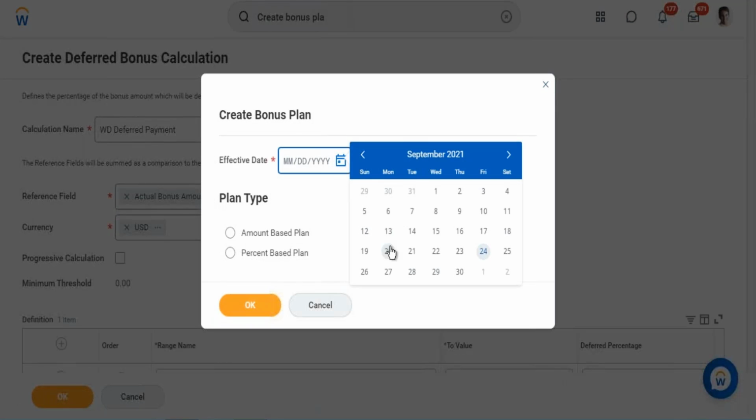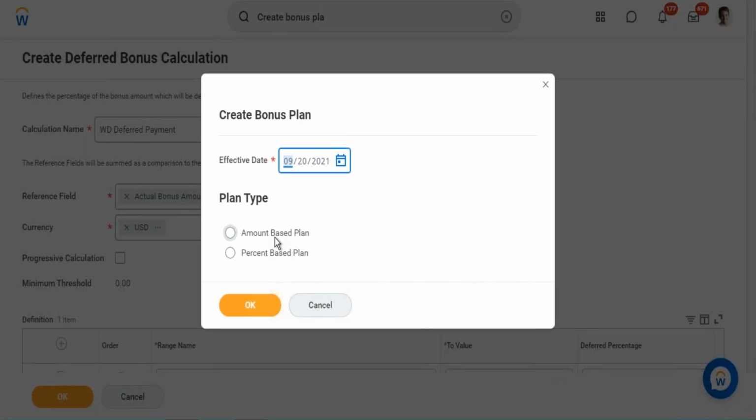Take from this date and amount based plan,